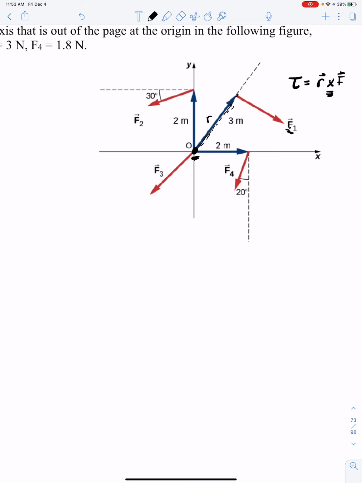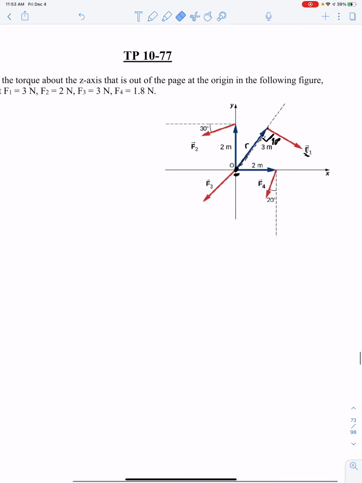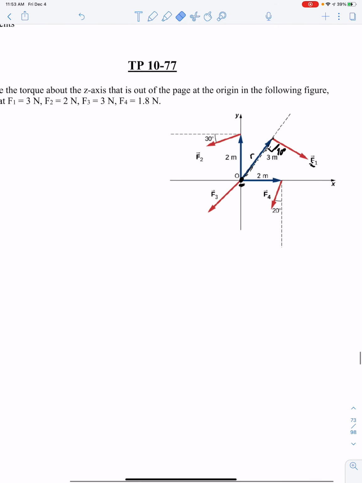And because they have to be perpendicular to each other, 90 degrees, that is the only way that we can analyze torque. So let's get on the bandwagon, and let's start off by identifying the torque in,